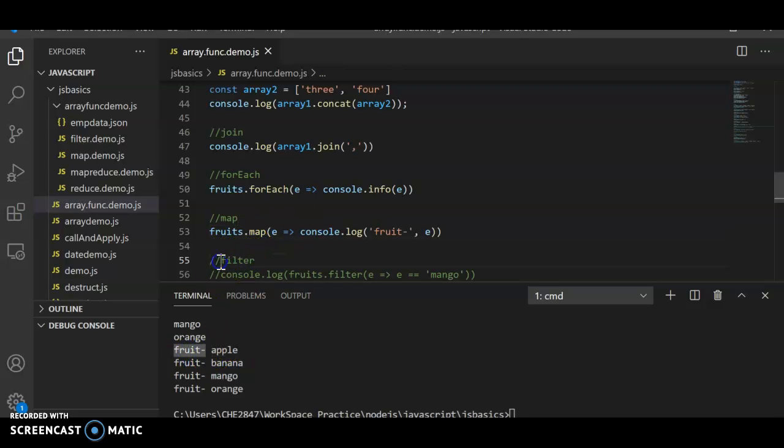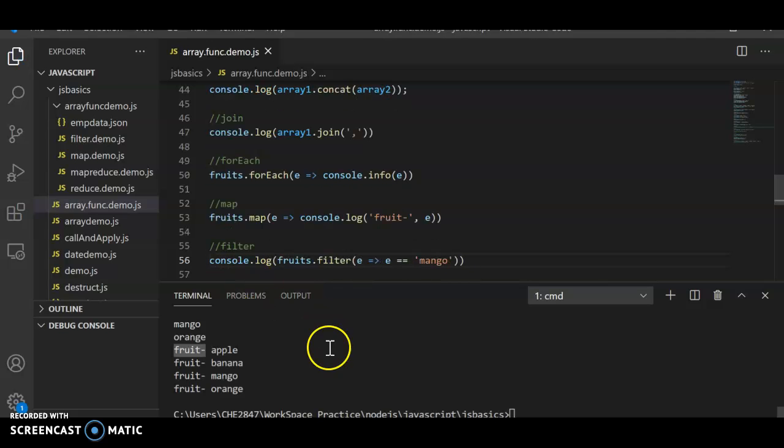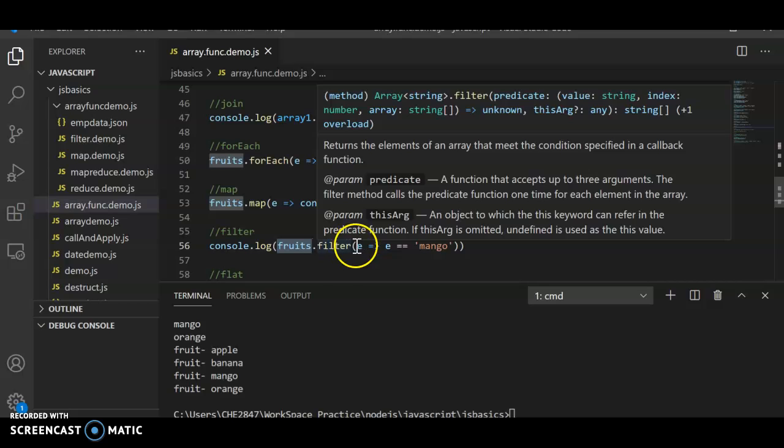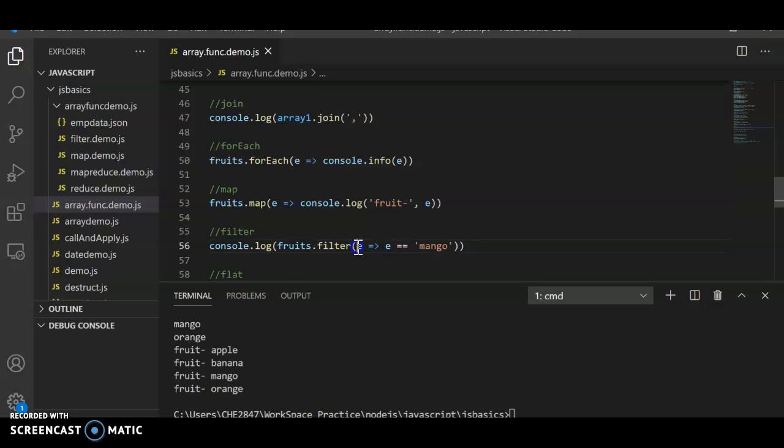And the next one is filter. Filter, the name itself talks about what it is. It's filtering the elements of the array with the given condition. So I'm filtering that fruits array with this condition.